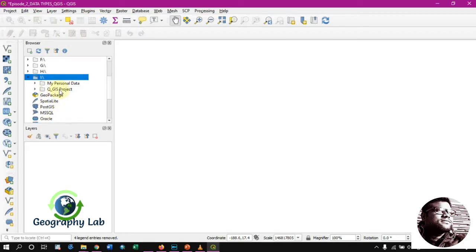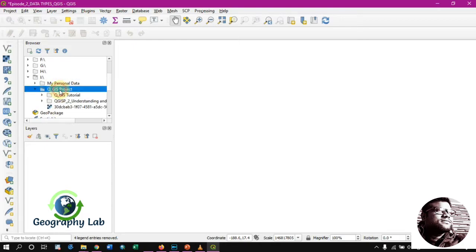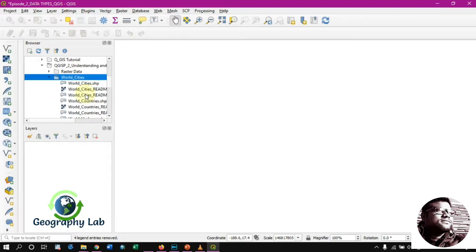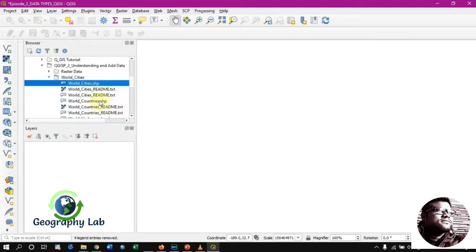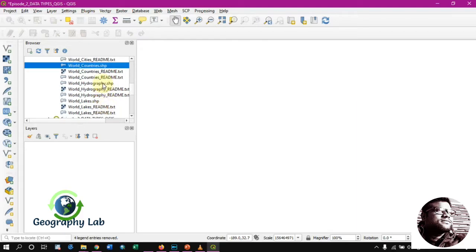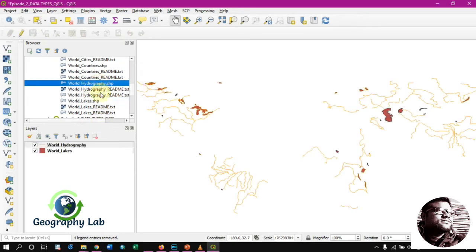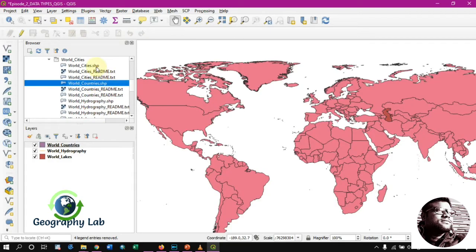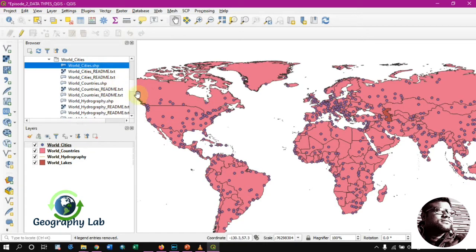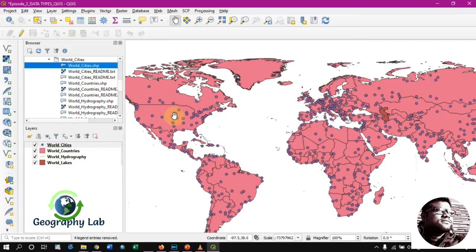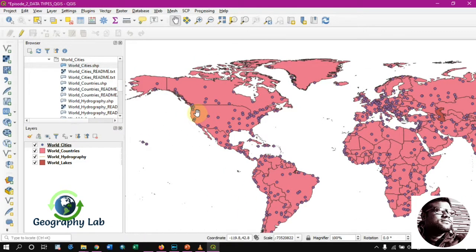You have to go to the specific folder where you have the data, then select the data, that is the world cities, world countries, world hydrography, and world lake, and then just double click and it will add all this data. So there are multiple ways you can add different kinds of data into the GIS system.